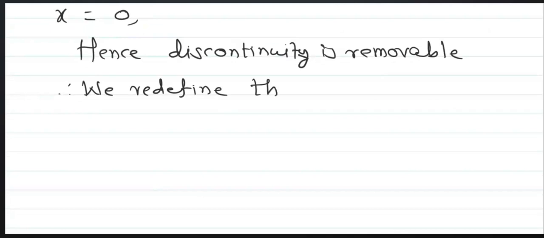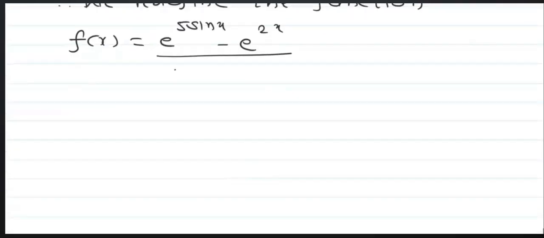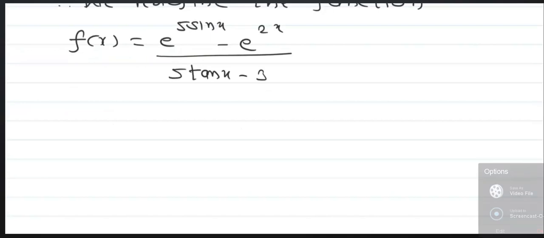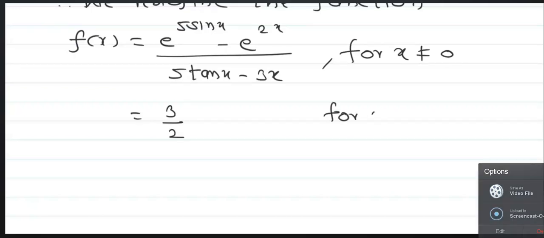We redefine. लिमिट तर आपल्याला चेंज करता येत नाही, पण आपण व्हॅल्यू तिथे तशी लिहू शकतो. f of x is equals to e raised to 5 sin x minus e raised to 2x upon 5 tan x minus 3 for x is not equals to 0 and is equals to 3 by 2 for x is equals to 0. जे काही लिमिट आलं होतं ते आपण इथे लिहिणार 3 by 2. Next is